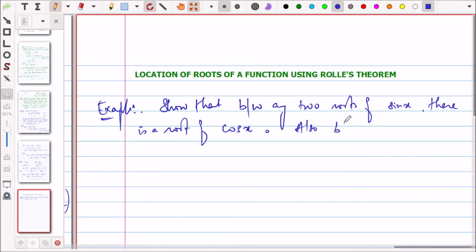Also, between any two roots of cos x there is a root of